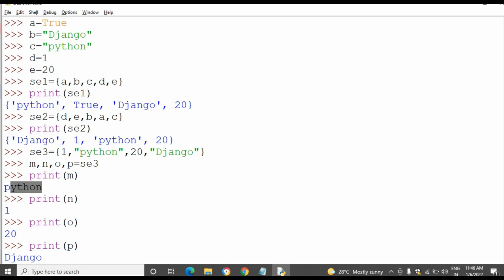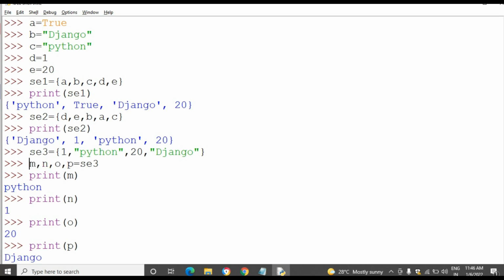The element Python has been unpacked into the variable m, the element 1 into n, 20 into o, and Django into p. Okay, that's how I have unpacked all the set elements into the variables.